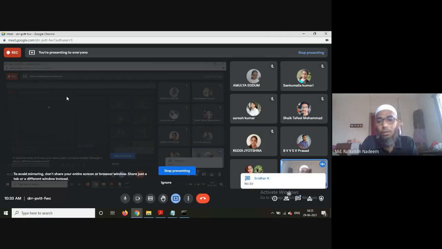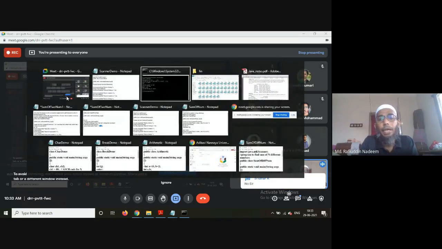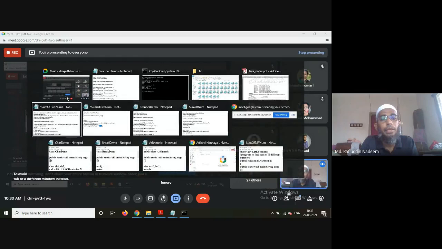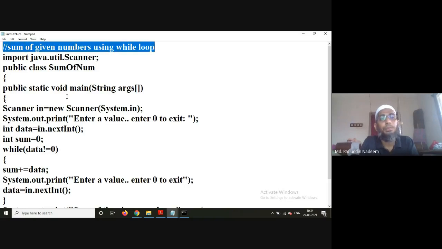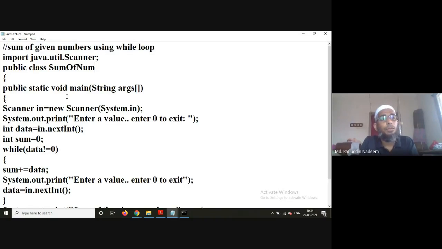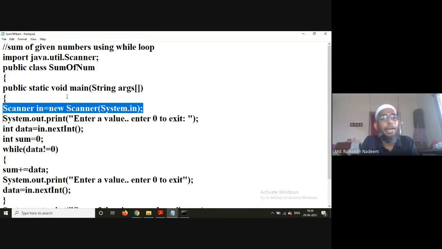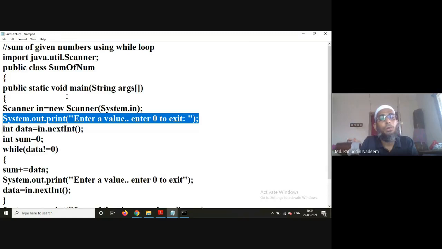Okay. Now the same thing, to demonstrate, I am going to find the sum of given numbers using a while loop. First of all, I create a scanner object, then System.out.println, enter a value, enter 0 to exit. Enter 0 to exit means